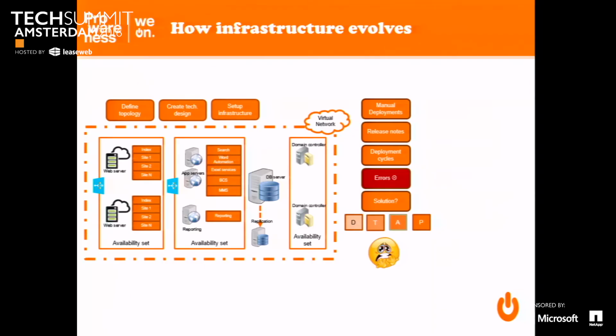So to solve this, we came up with an idea called a DTAP environment. You have a development environment, a test environment, an acceptance environment, which is very similar to production, and then the production environment. So we need to create a proper DTAP environment, with the acceptance being an exact replica of the production. But we had a solution, but then we also had a problem: how do I replicate the production environment into an acceptance environment?